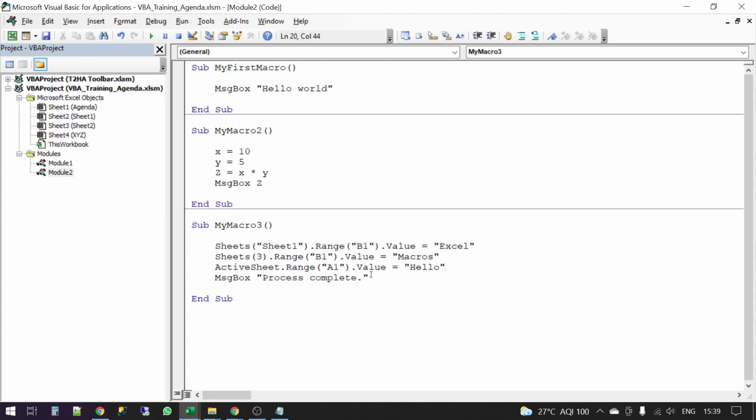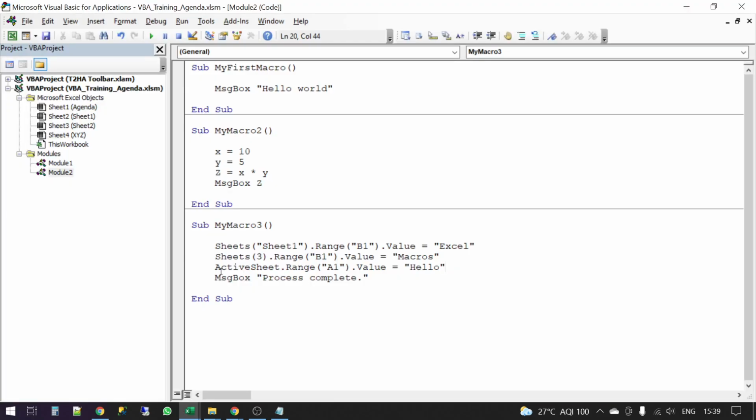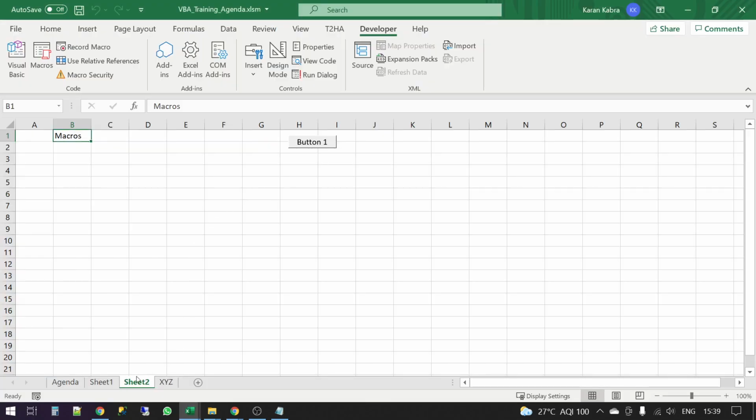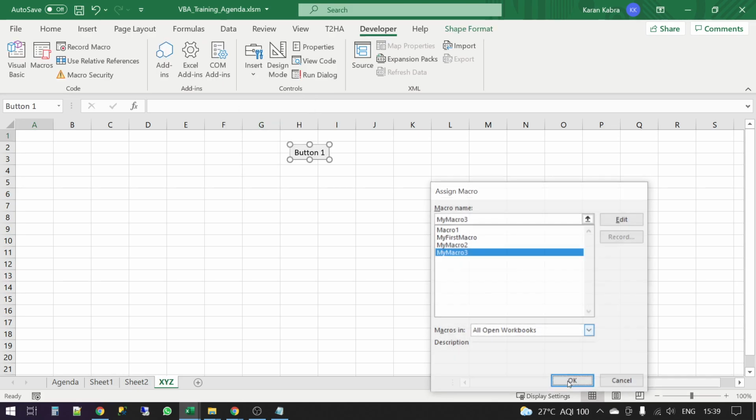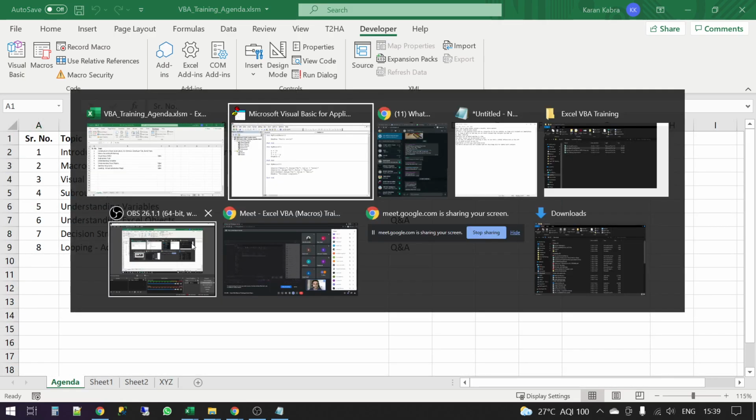Okay. Yeah, I'll just come back to the question asked by Ashish. Okay, before that, I'll just show you. So the third line was active sheet. Which is the active sheet if I'm in sheet 2? This one, right? I click this button. You can see the word hello has come here. If I had run this code from somewhere else, I delete this. If I run it from here, see where the hello word came, in this sheet, because this was the active sheet and not here, right? Okay. Good, very good question asked by Ashish.